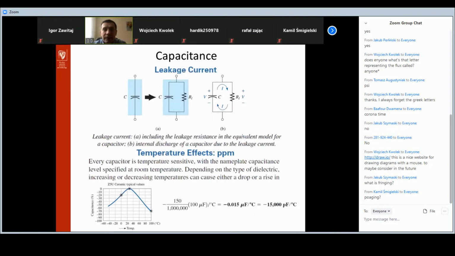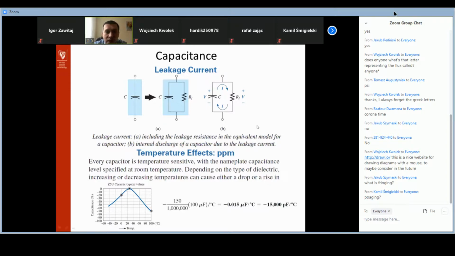What is the next thing about capacitors? Of course, we have to know that it is not true that a capacitor is just the capacitance. No, it's not true. Why? Because any material has some resistance, even the dielectric materials. Of course, they are so huge, for example, lots of megaohms. However, they exist. And that's why if we want to consider the equivalent model of the capacitor, in fact, it